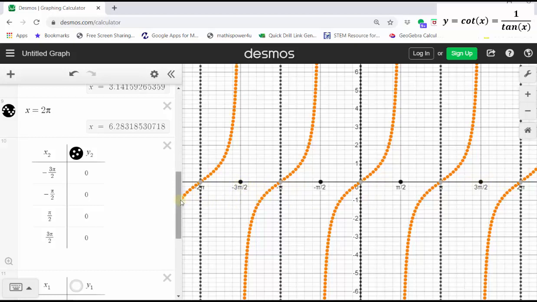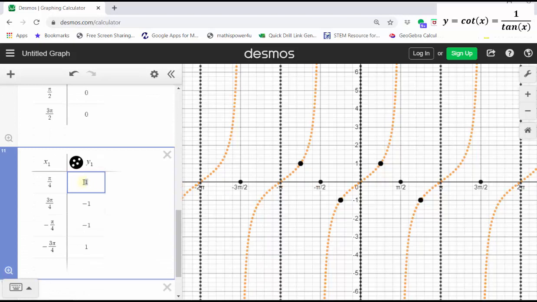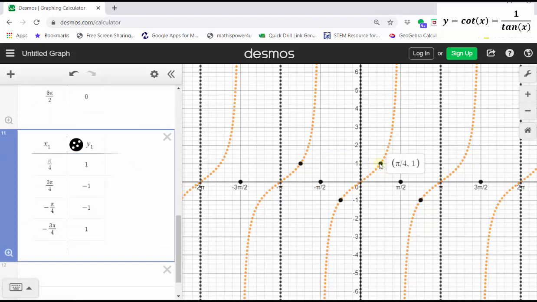And now let's find some points on the graph of the tangent function where the tangent function value is either 1 or negative 1. Well, we know tangent pi over 4 is equal to positive 1, and we also know tangent negative pi over 4 is equal to negative 1. In addition, tangent 3/4 pi radians is equal to negative 1 here, and tangent negative 3/4 pi radians is equal to positive 1 here. So now we have more than enough information to make a nice graph of the cotangent